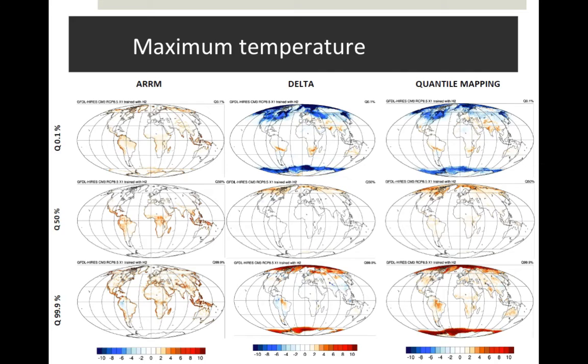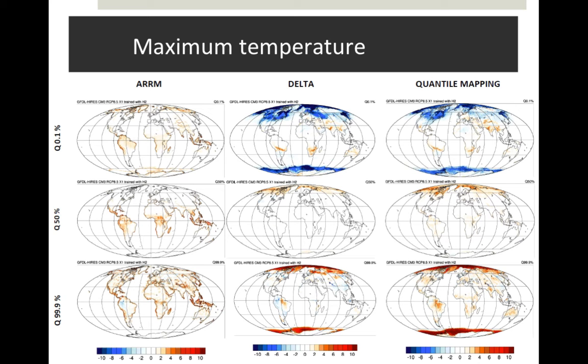So here we've got three different downscaling approaches. Unfortunately, these are in the wrong order because the simplest one is in the middle. It's the delta approach that we use in the WorldClim database. Then we have empirical quantile mapping, which is used in the SC-CSC database. And then we have a parametric quantile mapping, which is used in the USGS database. So this is very simple, this is medium, and this is more complex. I should have rewritten the order on the slides.